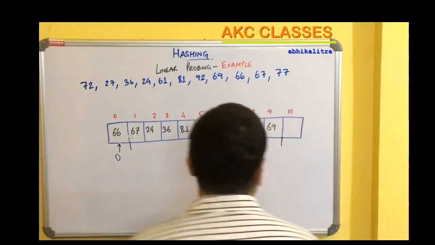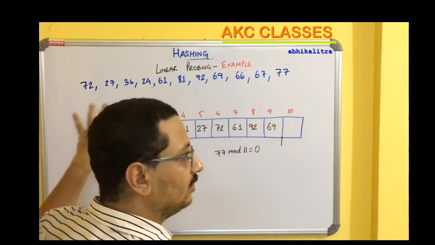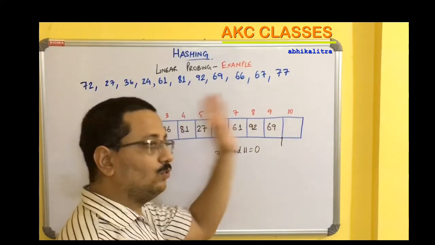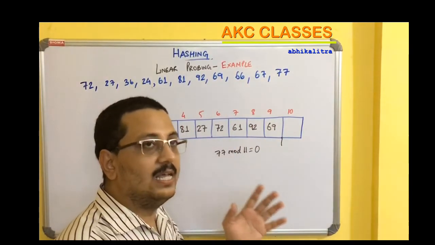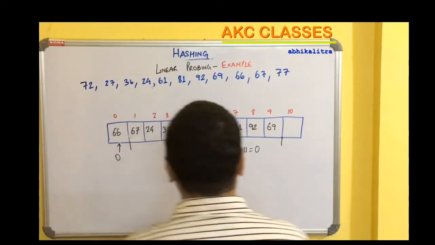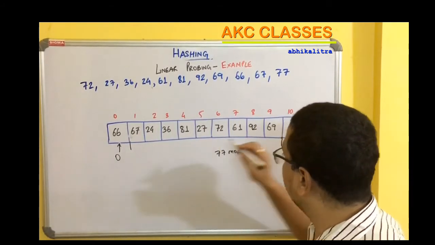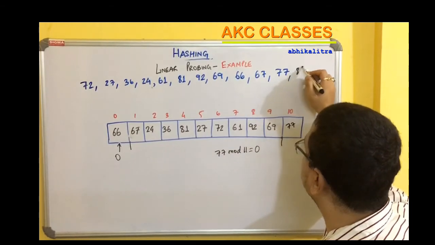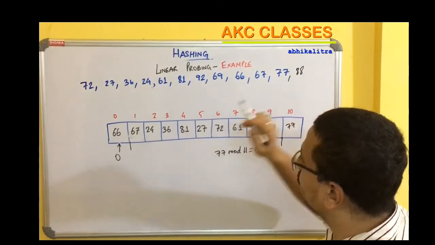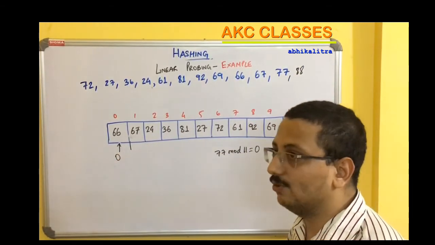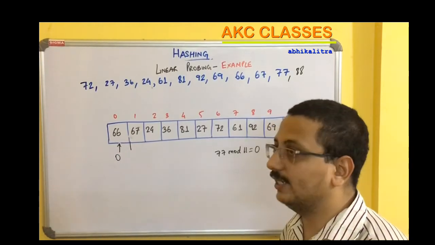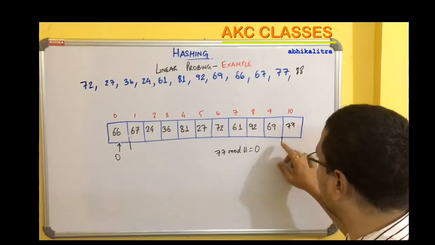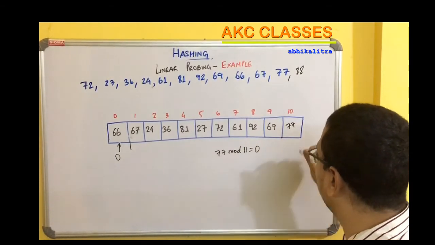Because if the hash table is not of size 11, but say of size 21 or 23 or 27, something like that, then after placing 77 in the 10th location, there can be another element which is 88. So 88 will also correspond to the 0th hash location. Again the 0th hash location is not empty, so again it has to cross the entire cluster, but now the cluster size has increased by 1.